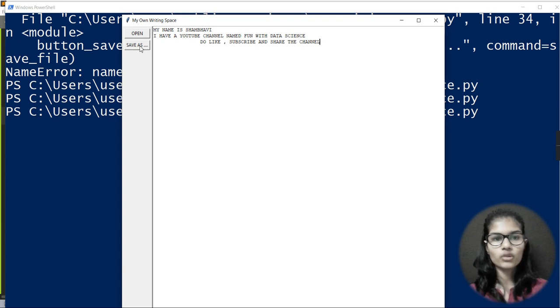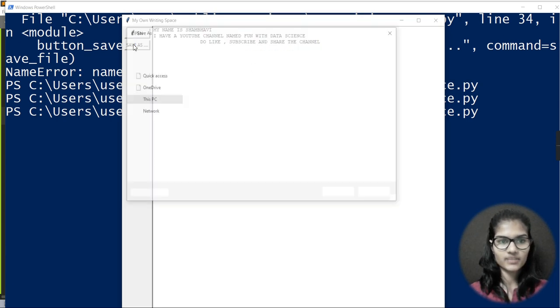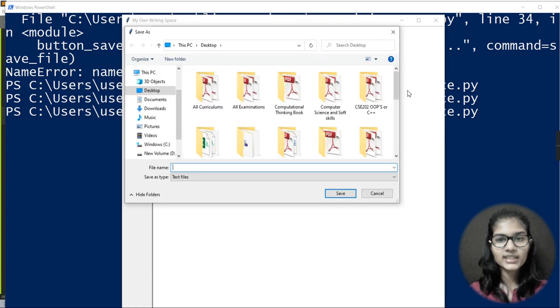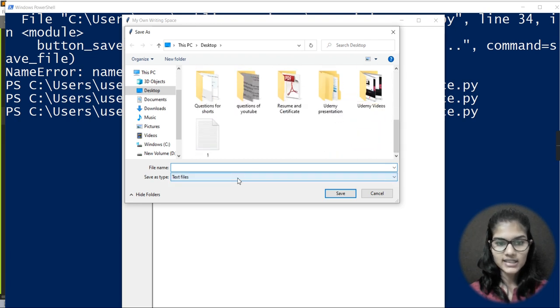Okay. Now I just want to save it. So I will just go and click on my save as button. Fine. Now basically it will show me where I want to save. Let's say I just want to save it into my desktop only. Now here it is automatically giving me that I need to save type as text files. So if I'm not going to add the .txt extension after my file name, then also it is going to add that in the text file only. Let's say I'm just going to give it the name as demo. I'm not giving .txt as the extension. Just see that thing. And now I'll just click on save.